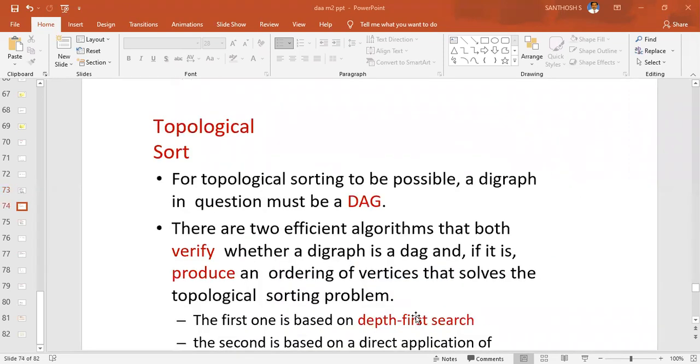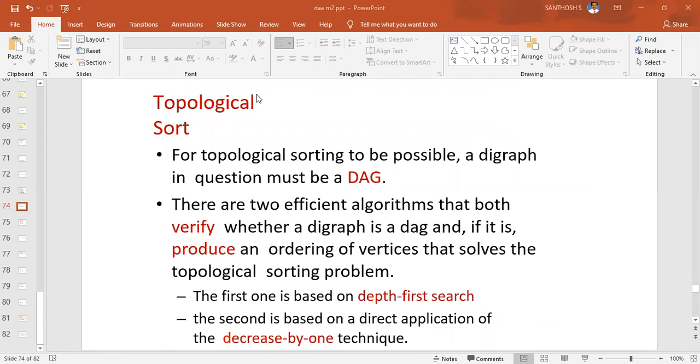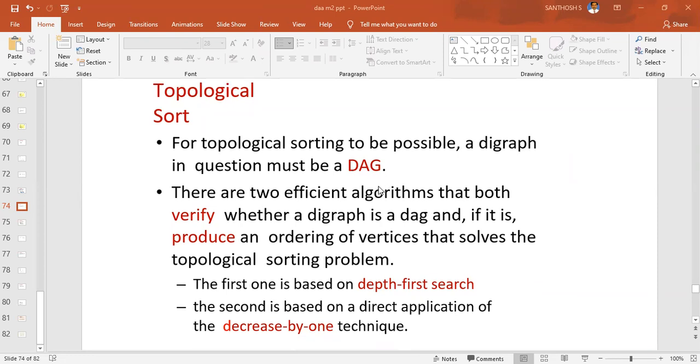Now we come to topological sorting. For topological sorting to be possible, a digraph must be a DAG, a directed acyclic graph, so the graph should not contain a cycle. That is the first concept. There are two efficient algorithms to verify whether the digraph is a DAG and to produce an order of vertices.